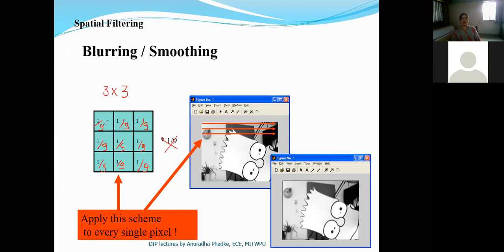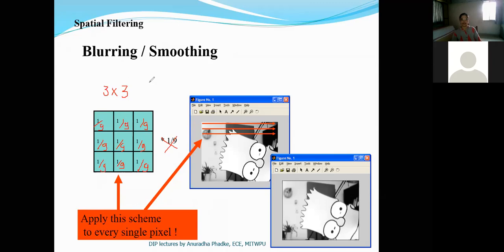Now, instead of multiplying every pixel value by 1 by 9 and then performing the addition, we can make the operation simpler by taking this 9 outside the mask, simply adding all the 9 numbers, and dividing the sum by 9.